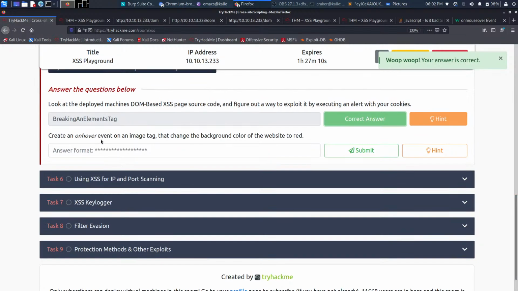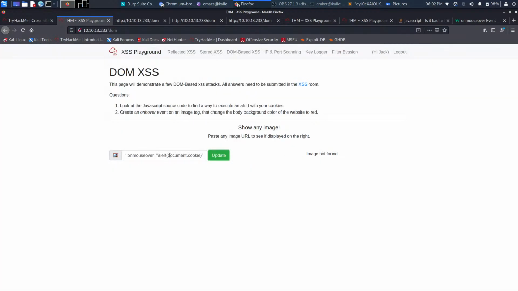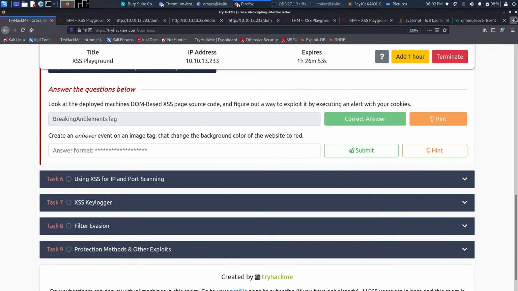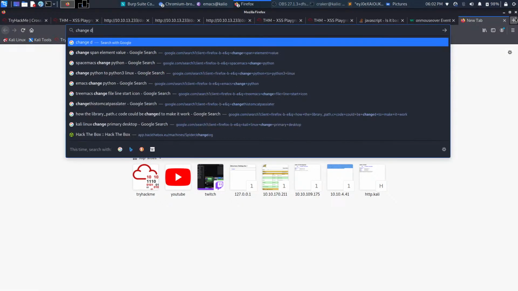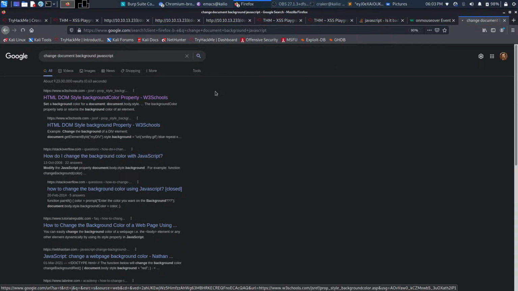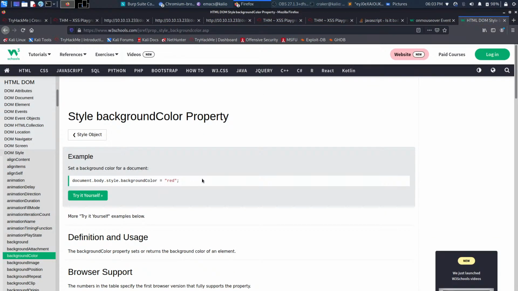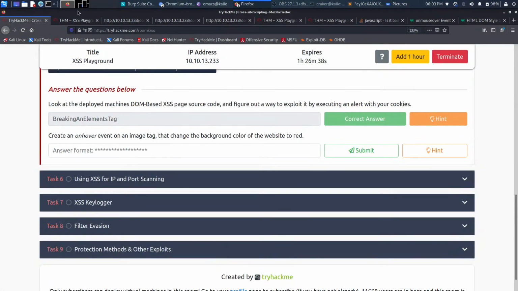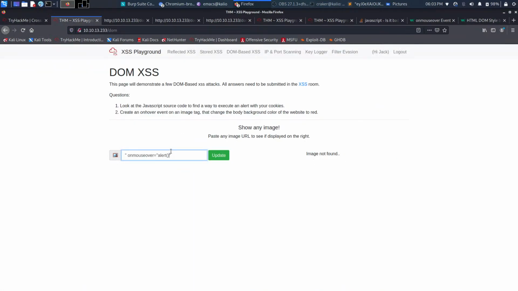Okay, create an on hover element on an image tag that changes the background color of the website to red. Got it. Document dot background, right? Change document background JavaScript. Document dot body dot style dot background. Okay. So I will just change this to